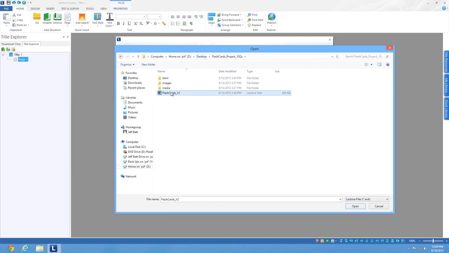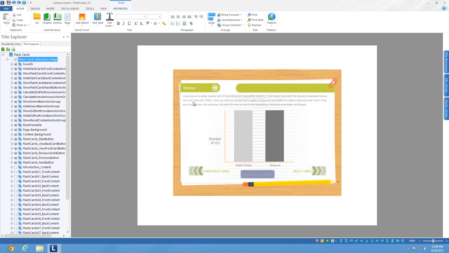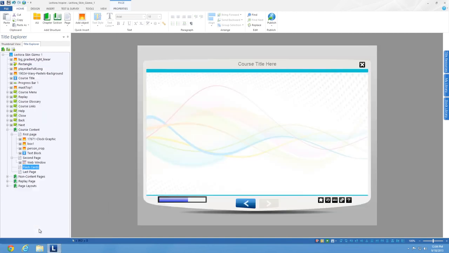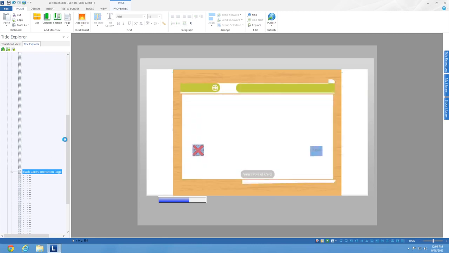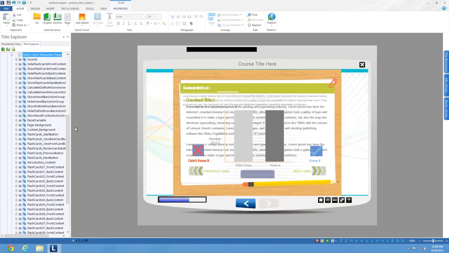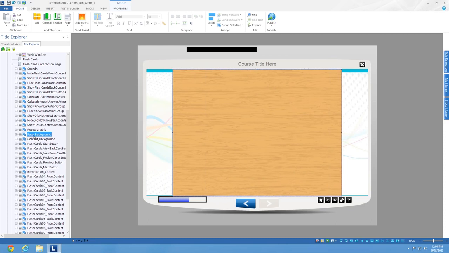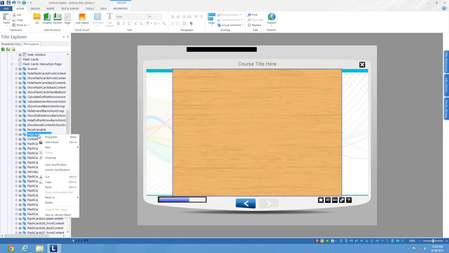So I'm going to open up this title, and it's just one page created with this flashcard interaction. All I have to do is copy that page from one title, come into my existing course, and actually just paste inside of here. I actually did not need to create a new page. It automatically creates a page for me. And there's a lot of content that Adam's going to talk to you about, but the thing I want to remove is this page background. If I delete that,